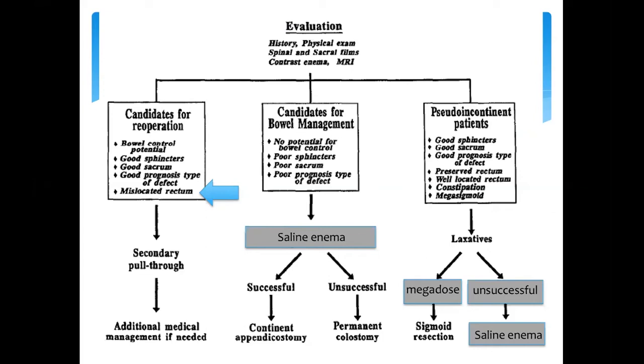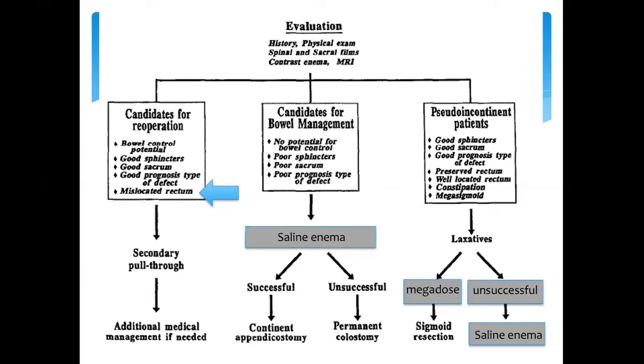There is no poor prognosis group. They have no sacrum or abnormal sacrum. They have a poor sphincter, and their type of anomaly indicates they have a poor prognosis. So in order to help this group, we get them in, we know that they have fecal incontinence, and we